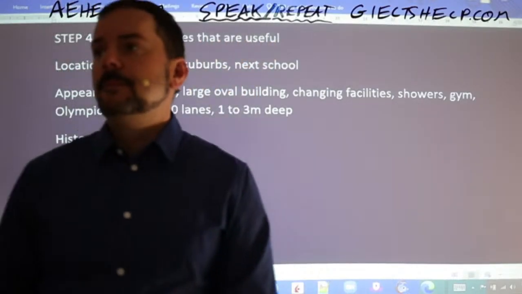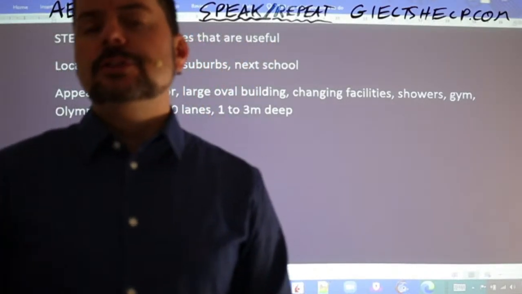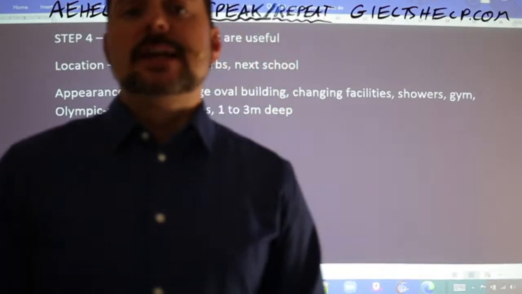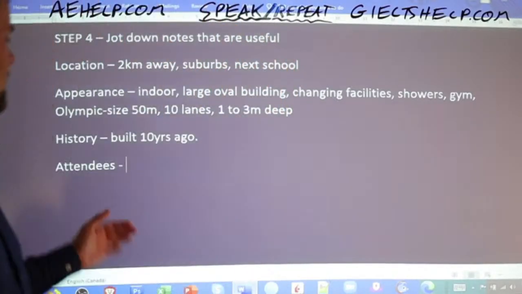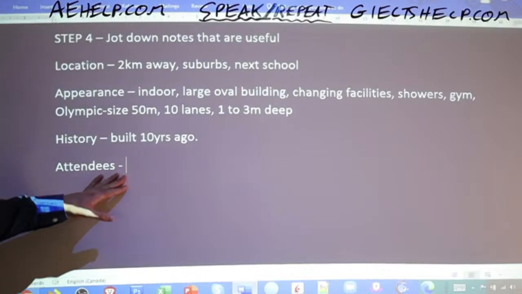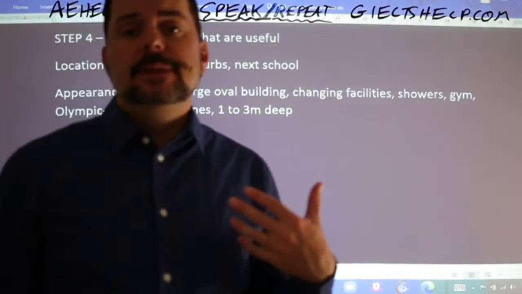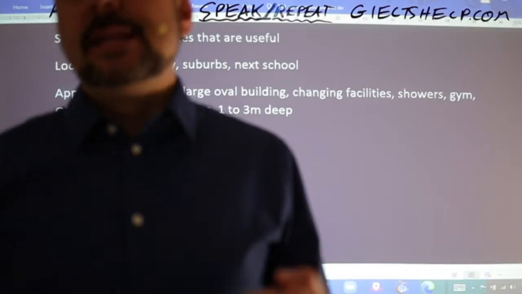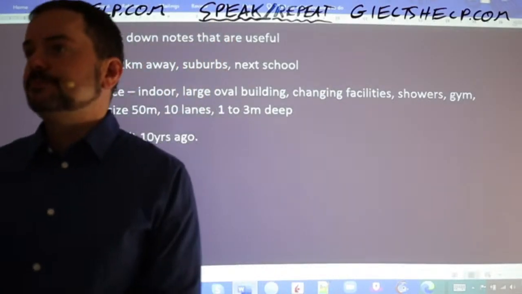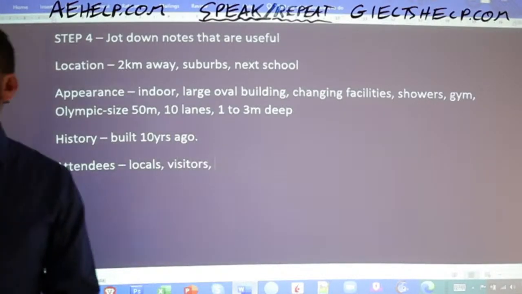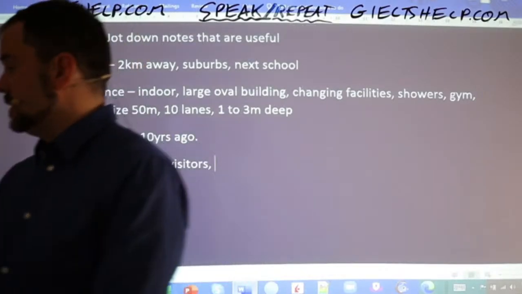Now, you're probably going to remember words like kids, adults, elderly. So I wouldn't write that down in my notes, okay? I wouldn't write down kids, adults, elderly because we're going to keep that in mind. We're going to know that, okay? So, it says locals and visitors. Yeah, sure, that might be a good one. Kids, adults, I wouldn't write down. Students, I would write down.